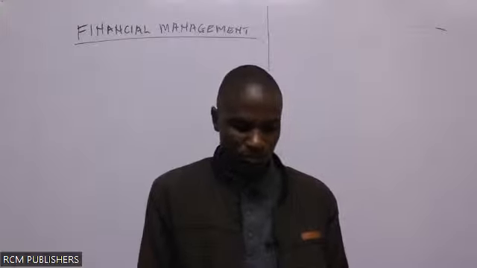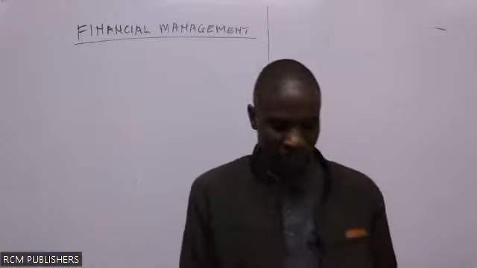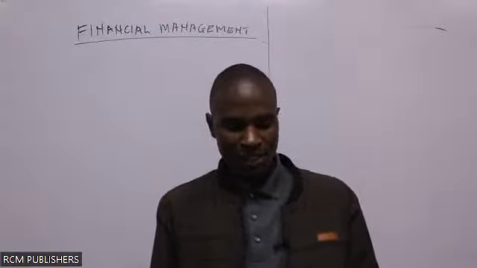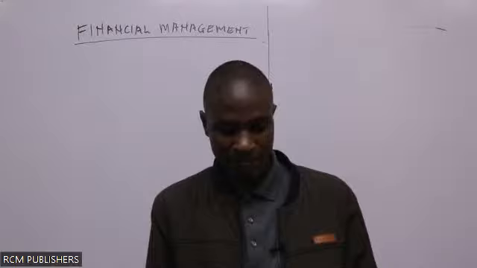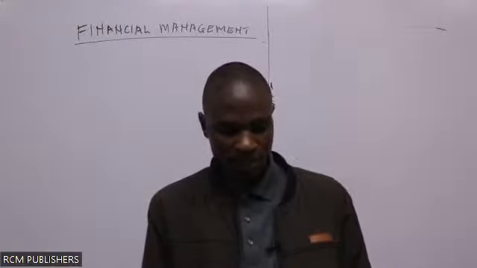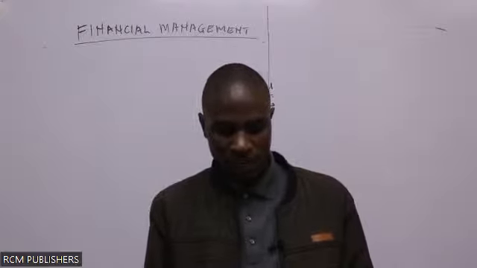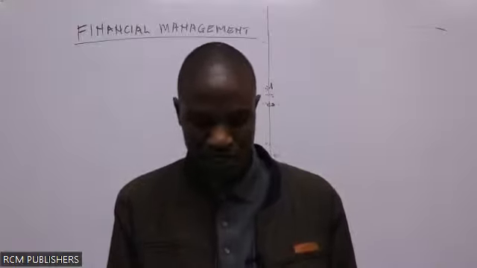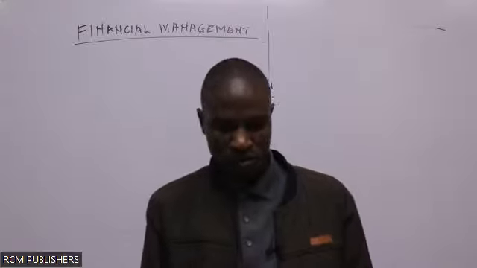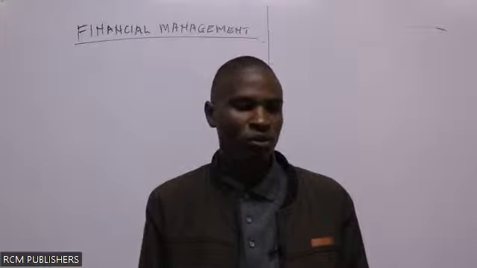The average collection period is 45 days. The management intends to increase the credit period to net 60 days. This plan is expected to increase sales by 15%. After the change in the credit terms, the average collection period is expected to be 75 days. Variable costs are 80% of sales. The company's required rate of return on receivables is 20%. Corporate tax rate is 30%. And you are told to assume that